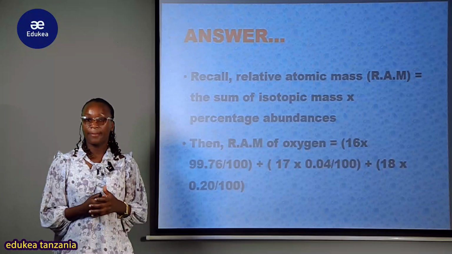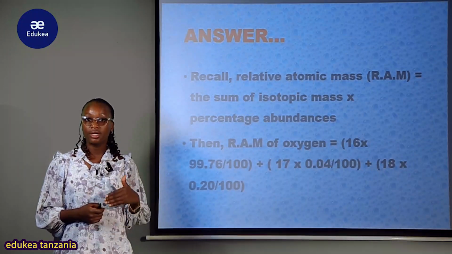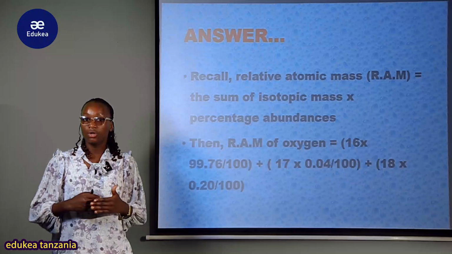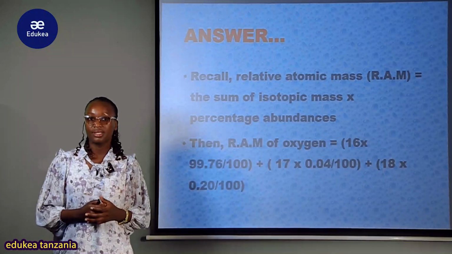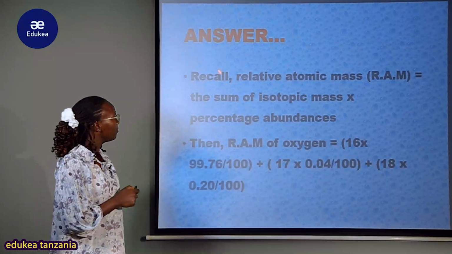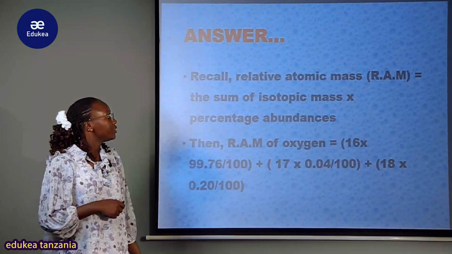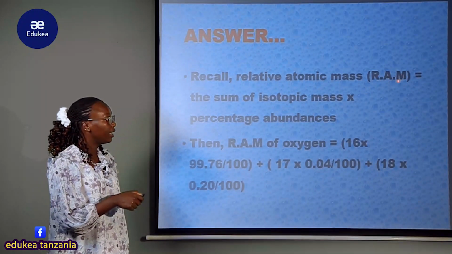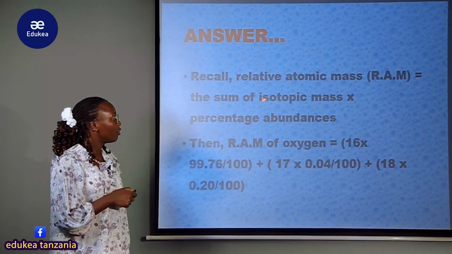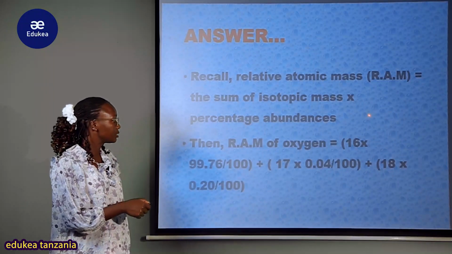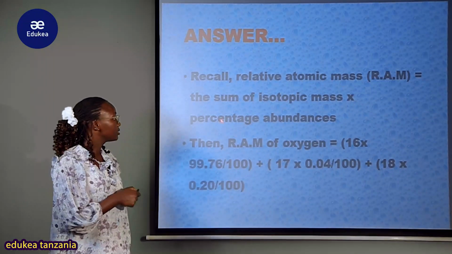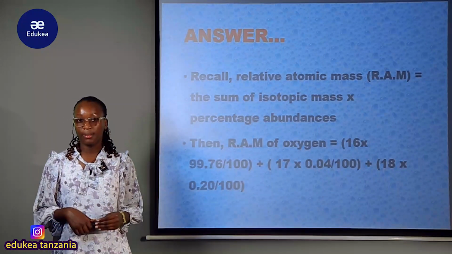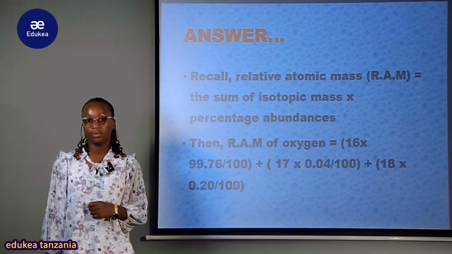Usiandike kwenye rough, hapana. Unapoandika pale kwenye kazi yako zile formula unavyozirecall, unaandika, unaonyesha ile direction ulioenda nayo mpaka ukapata jibu, zina max. So simply you recall your formula. Therefore relative atomic mass ambayo ni capital letter RAM is equal to the sum of isotopic masses times mara times percentage abundances. Kwa hiyo cha kwanza kabisa tumerecall the formula ili kuweza kutafuta the relative atomic mass of